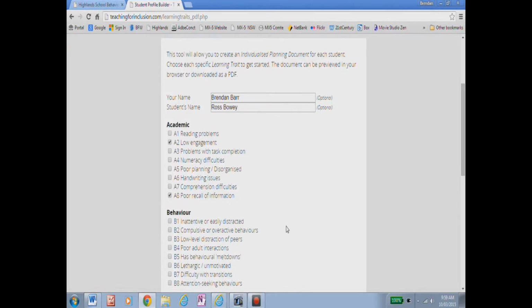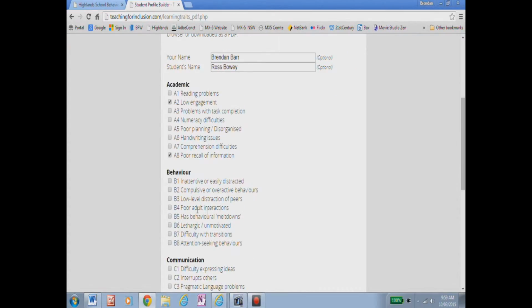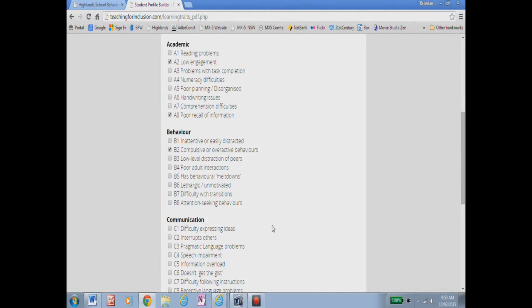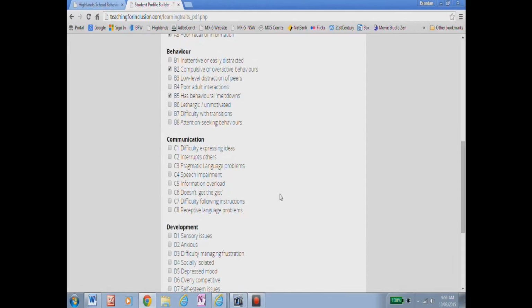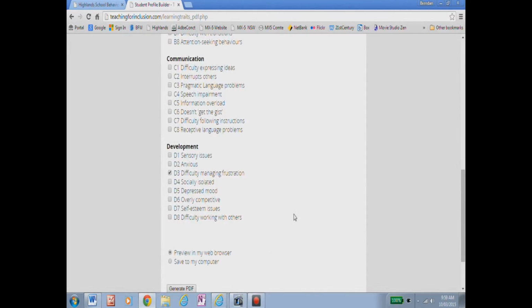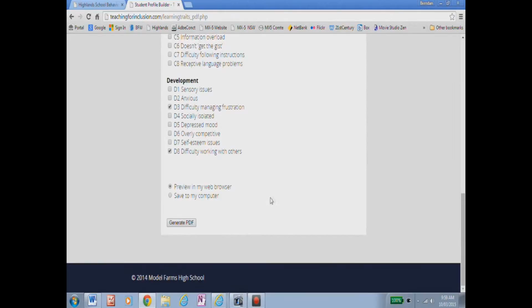A8, poor recall of information, also compulsive or overactive behaviours, meltdowns. D3, which is difficulty managing frustration and difficulty working with others. I think that has probably described Ross fairly well,